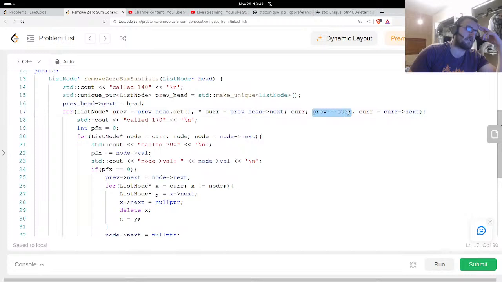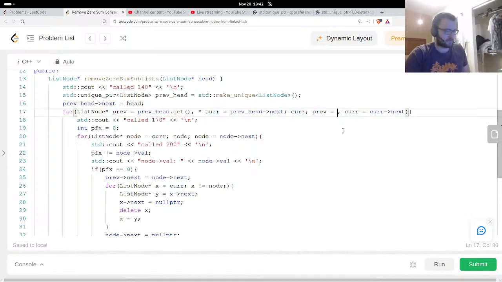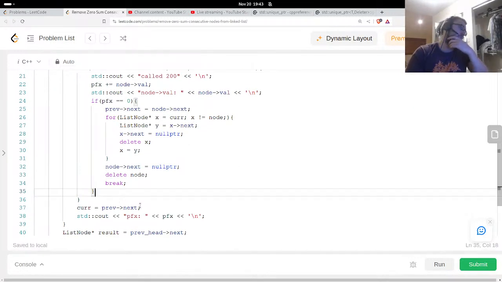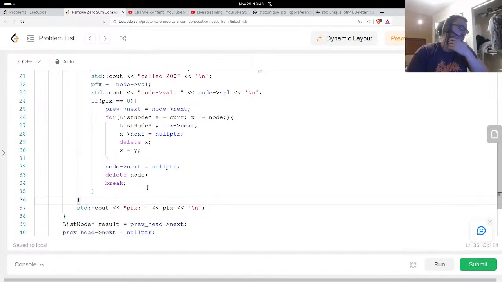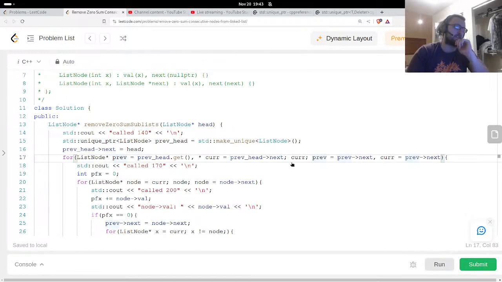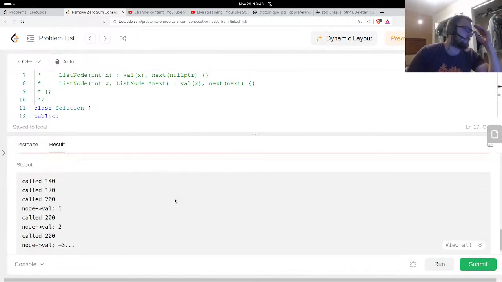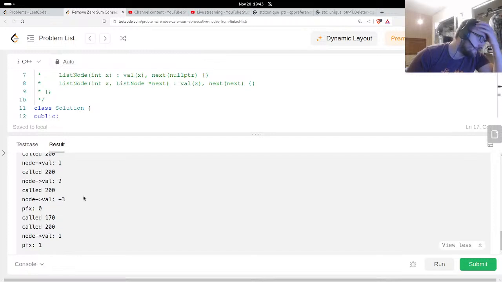So I can't set previous to current. I can set previous to previous next. That I can do. And then current is then previous next, after updating previous to previous next. That's a little bit better, but previous might not exist. That's kind of the issue. Yeah, still get runtime errors here. This is still, no, this is so